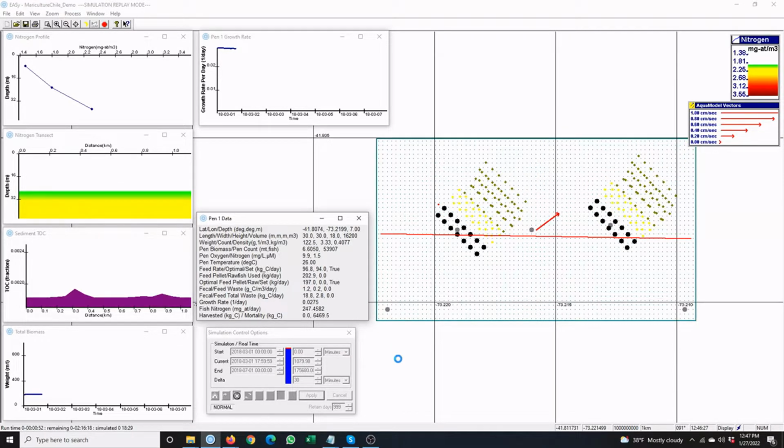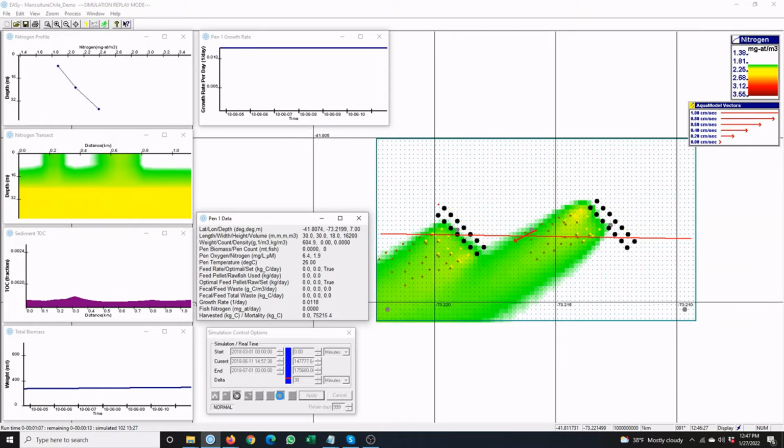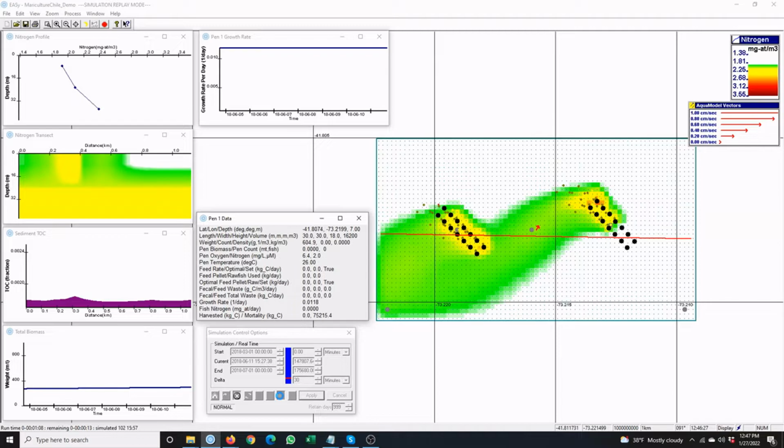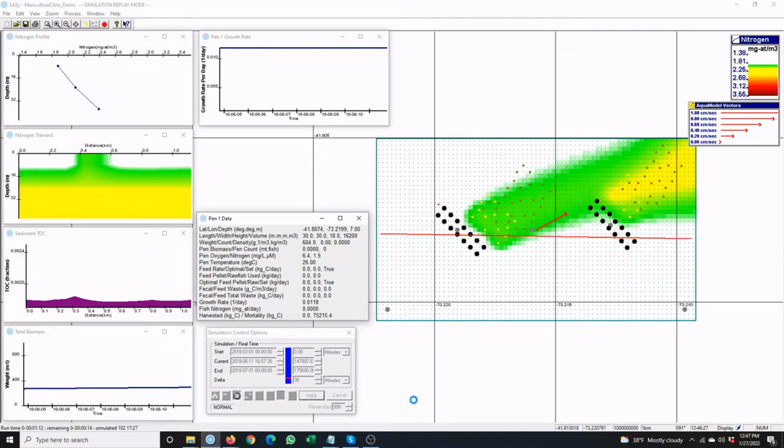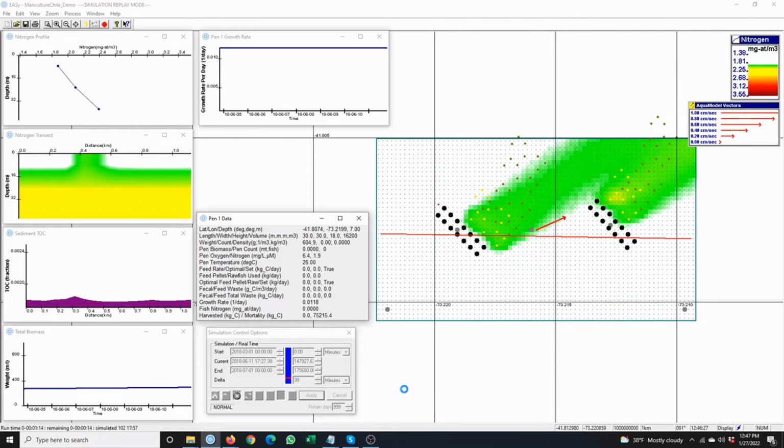As the simulation starts with relatively small fish, we don't see much effect of nitrogen in the surrounding waters. But if we skip towards the end of the simulation, the fish are now much larger and having more of an effect on the surrounding waters. Similarly, if we go back to the start of the simulation,